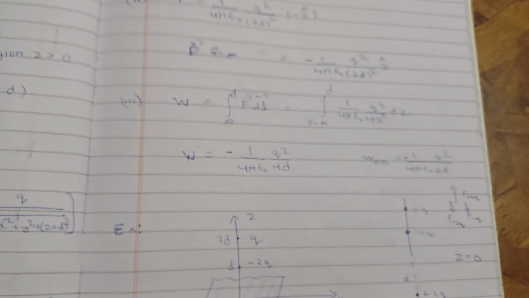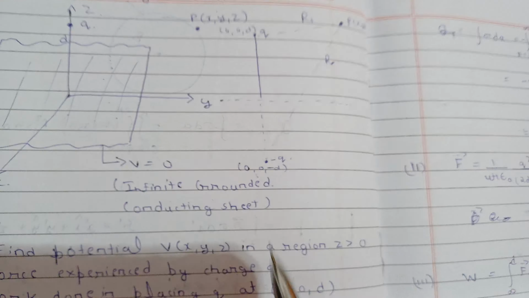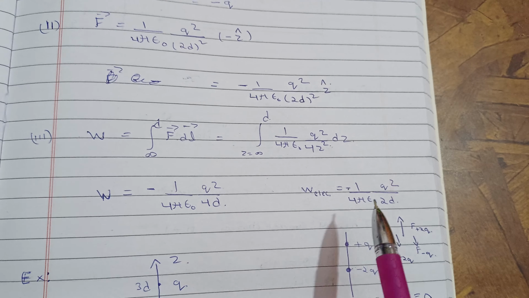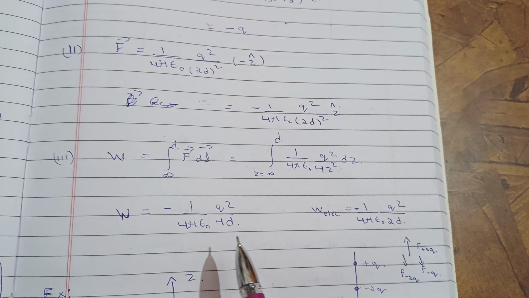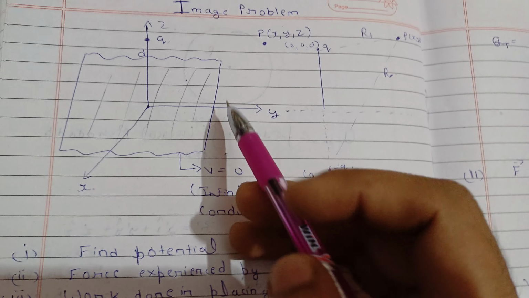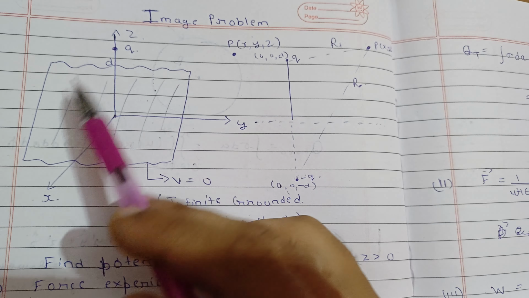Now see, if you find the electrostatic energy of this complete system, that will be q square divided by 4 pi epsilon naught and this distance. So this will be your total electrostatic energy, and see, this work done is half of this. What is the meaning of this? Here it is half of this, because we are placing this charge at the half, means the work done is only required for this half distance.